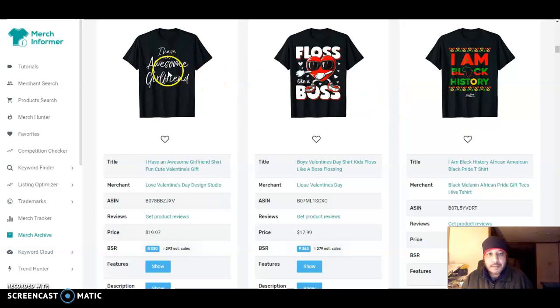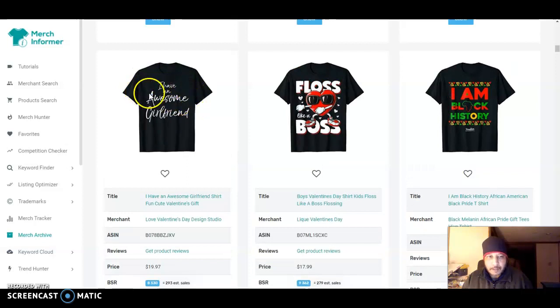Okay. This is just a regular script font. It's a simple text design. A lot of people are into simple, and the design sells itself. And the funny thing about this is, most likely it would be the girlfriend that would buy this t-shirt for her boyfriend, because this would be the statement that she would want to see him wearing, because it will make her laugh, because girls like compliments, and nothing like complimenting yourself on somebody else's t-shirt. So they find this to be funny, and they would